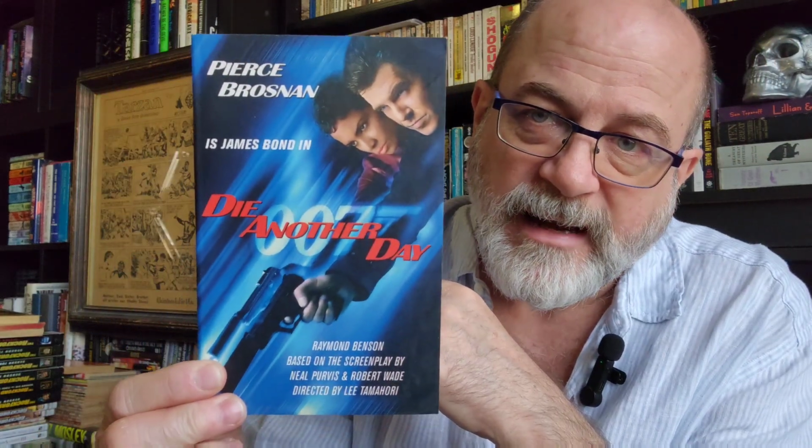Tomorrow Never Dies. And this is Raymond Benson, who took over writing the official novels from John Gardner. Now, I haven't read a lot of the Raymond Benson novels, but again, he did his own. He started doing his own standalone Bond books. But this is, again, him writing an adaptation of the movie Tomorrow Never Dies. And the last movie edition I have is Die Another Day